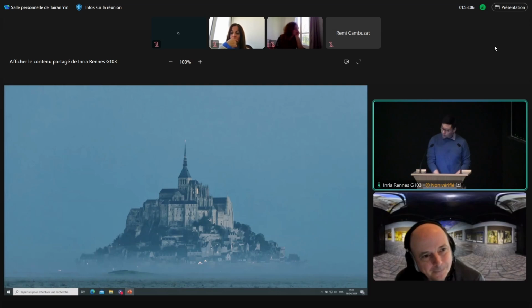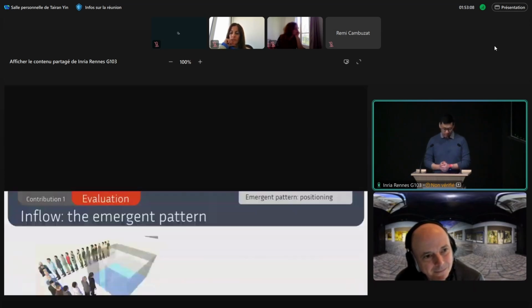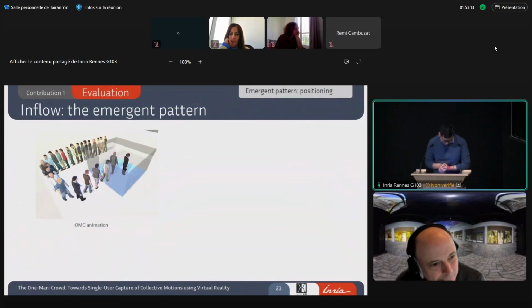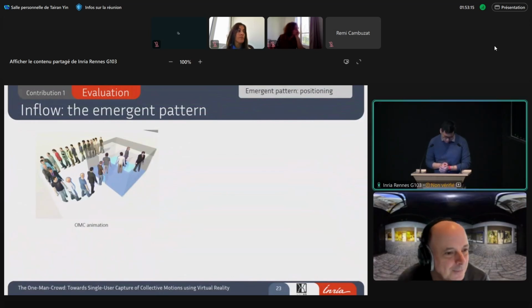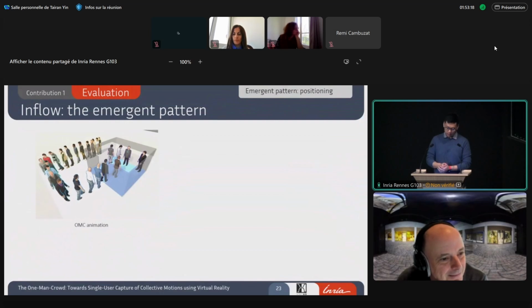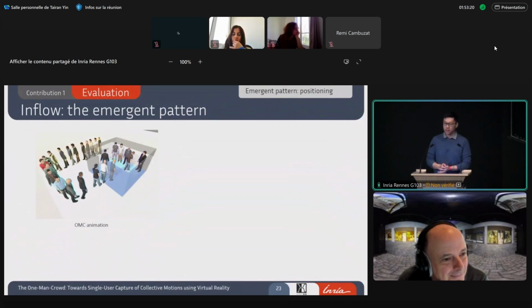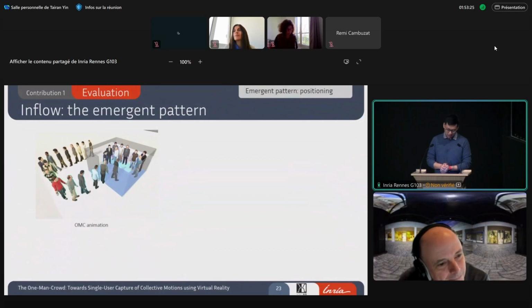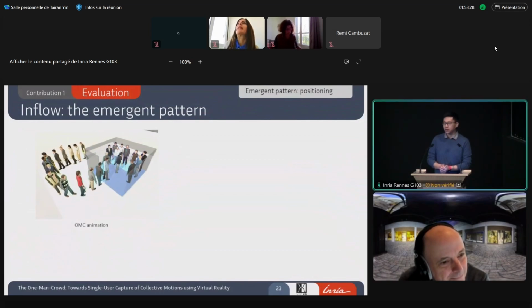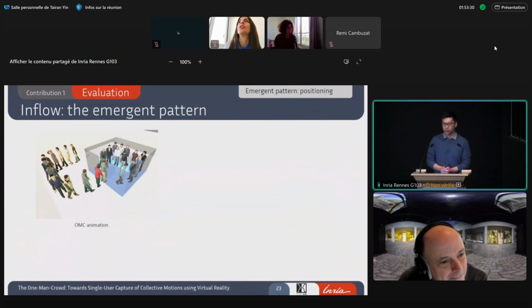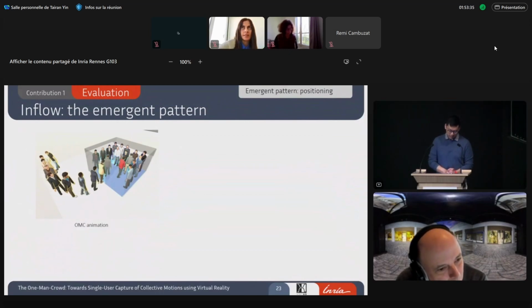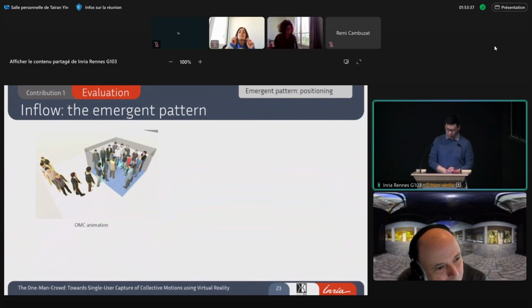I want to bring us back to the animation that we have captured for the lift scenario. I don't have the impression that many people looked at their feet for too long during the capture. They might see the feet of the person in front of them. That would be an important visual cue for the user to perform their own movement. But I don't really have the impression that the person focused on their own feet during the experiment.